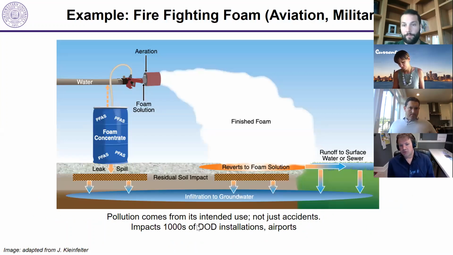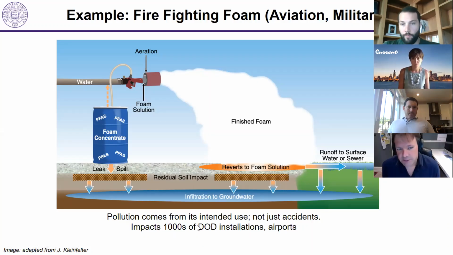Okay, just going over a few places where these compounds get into our environment. I mentioned the military installations as well as airports. One of the largest uses of PFAS compounds that continues today, and really, by definition, is putting them out into the environment, are these aqueous film-forming foams used to suppress fires, especially aviation fires